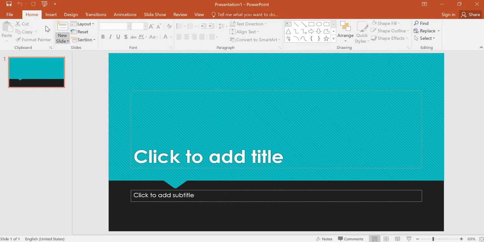Whatever options you find inside individual menus are called tools. On the left-hand side, I have a list of slides that I have inserted into the document, and presently I have only one slide. According to your requirement, you can add as many slides as you need.